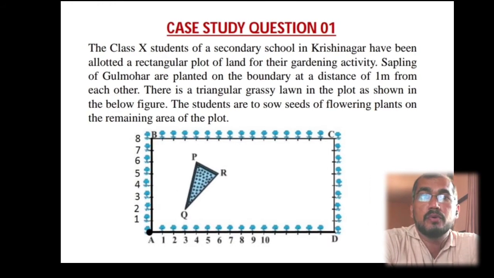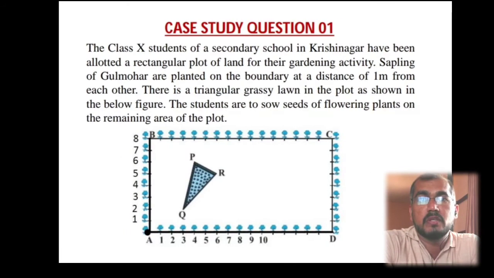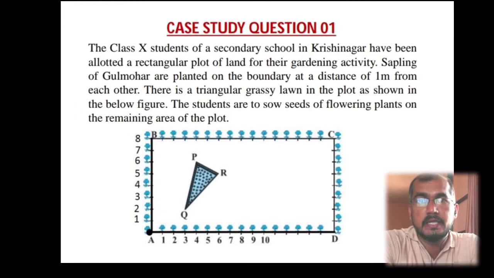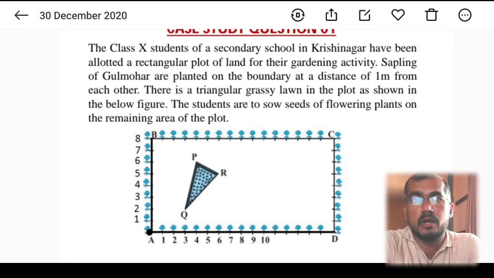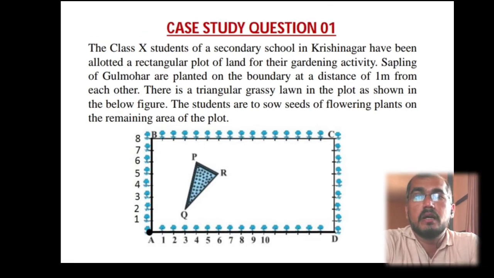Then after that, 4 questions we will get. That is the case study questions. So on the spot, you have to understand the problems and analyze them, and find the proper answers for all the sub questions they are providing. Now, all the 4 questions have choices. It means we have internal choice questions.